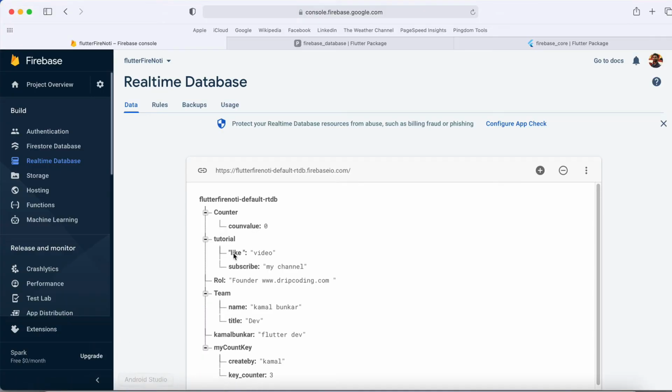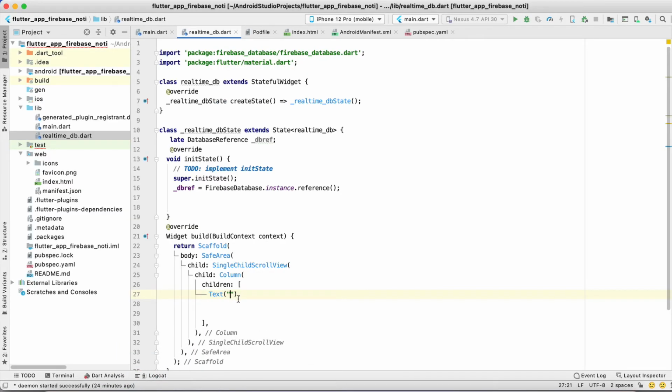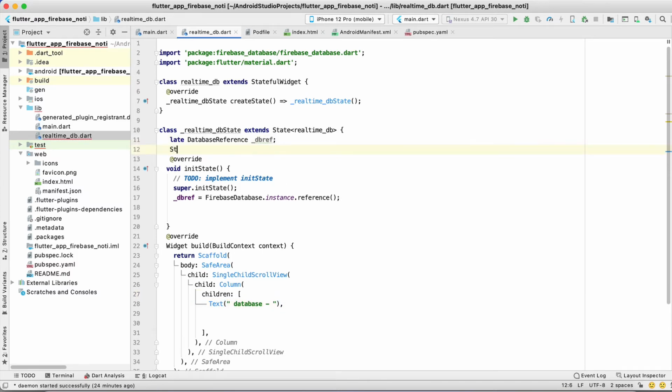I will first display the entire database in a text box. So I will store the value of the JSON that I get from the database as a string, databaseJson. By default it is blank.